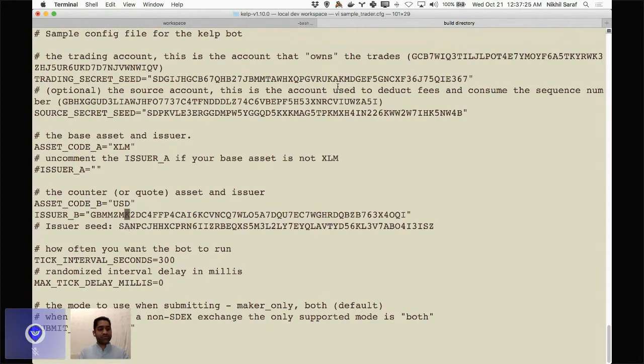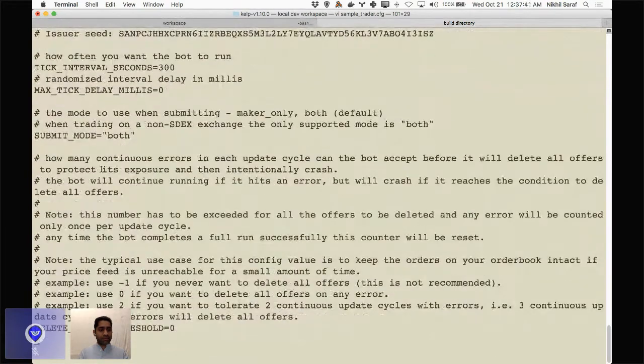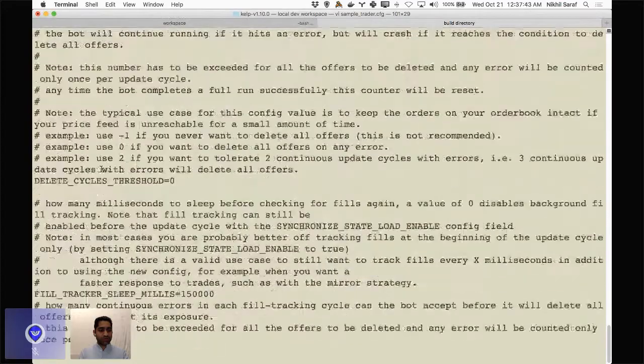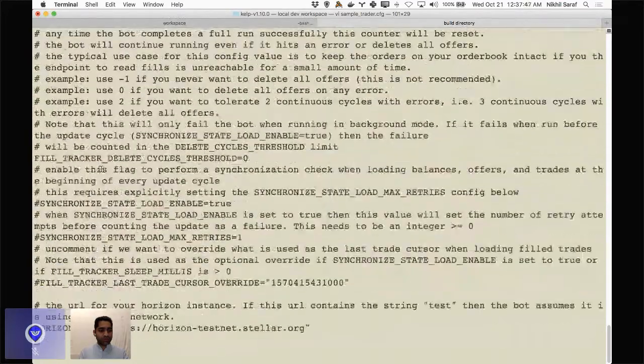The Stellar Decentralized Exchange has the concept of token issuers. So that's why for this USD token, we specified this token issuer account. And since XLM is a native token, we haven't specified any issuer. And there's various features you get with this. But one thing I'd like to cover is